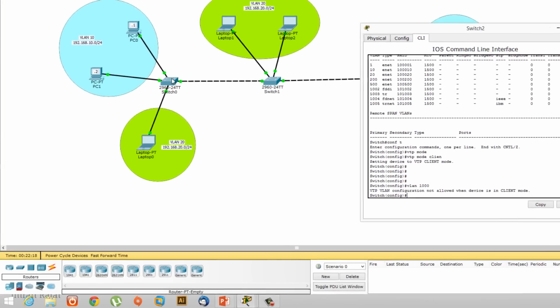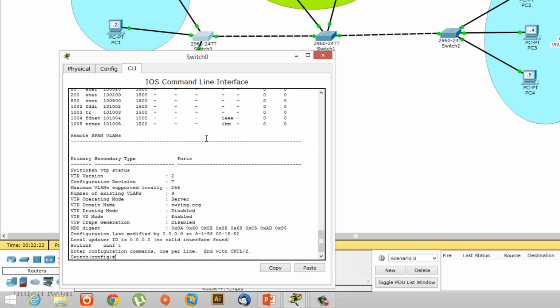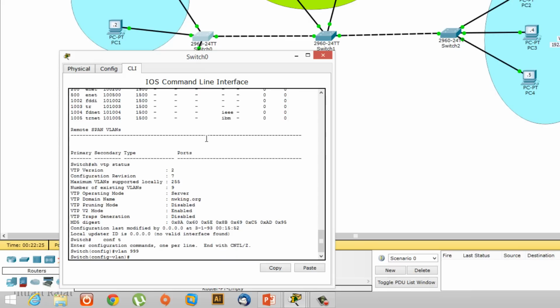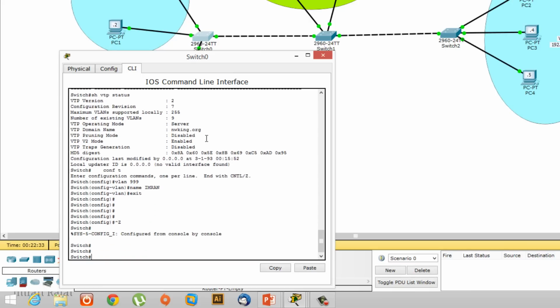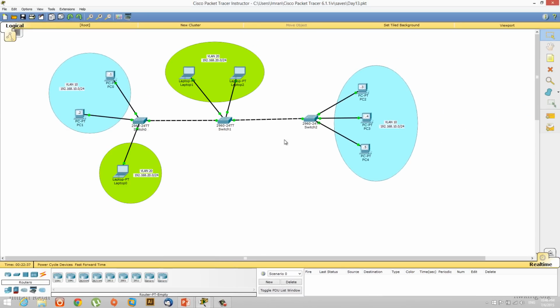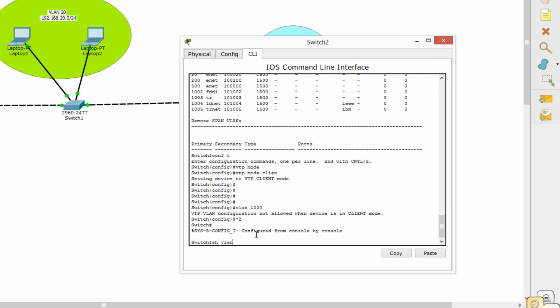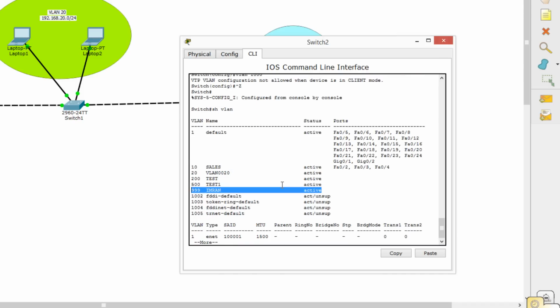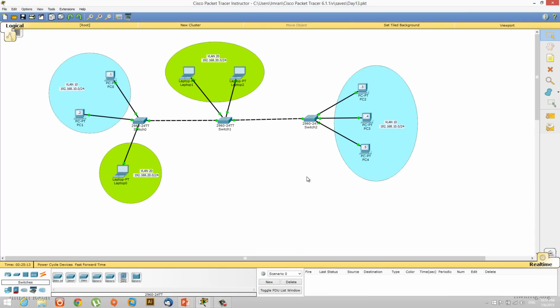Whatever change I need to make, I will have to go to the server. I come here and I say config terminal, VLAN 999, name Imran, exit, and that information would be here. So when I say show VLAN, I have a new VLAN 999 Imran, but when I go to these devices, that will also have the same VLAN information. The one you see here, 999 Imran, it has been replicated. So like I said, VTP is a brilliant piece of software, but it also has the potential to destroy